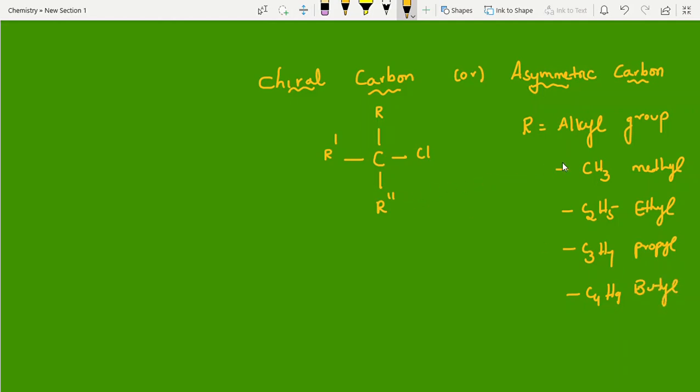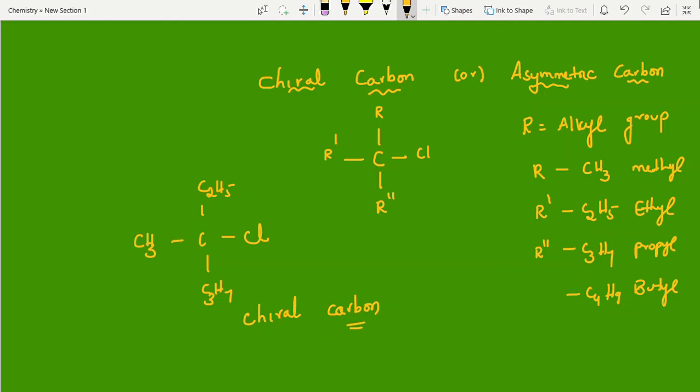Here maybe this is R, this is R dash, this is R double dash, R triple dash, like this you can take. Those are alkyl groups only, but different alkyl groups. That is the meaning. So here there are 4 different atoms. If you want to substitute, you can substitute CH3, C2H5, and R double dash is nothing but C3H7. See, if you look into this carbon, it has 4 different atoms or groups. That we call a chiral carbon. If a chiral carbon is there, then only we can speak about stereochemistry.